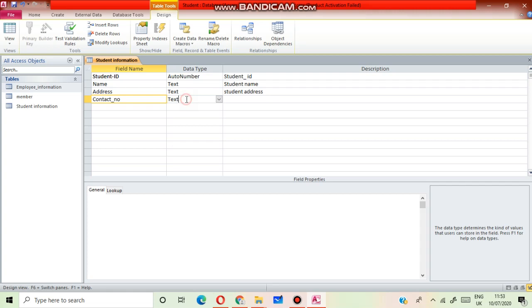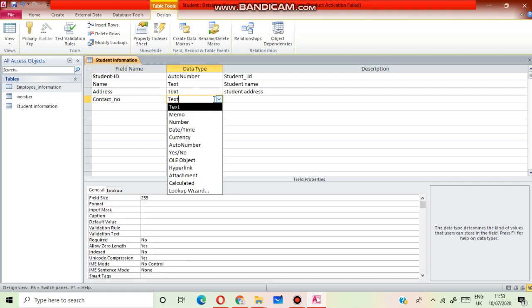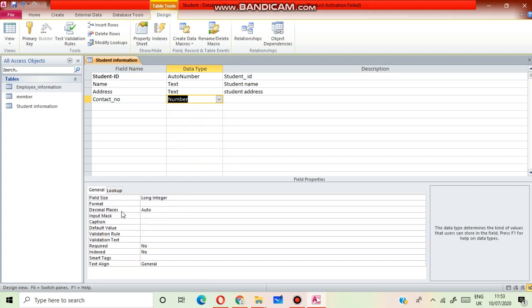Okay. The data type can be number data type, or you can take text data type also, but I will take number data type. You have to change here because in long integer you cannot insert more than 9 numbers.